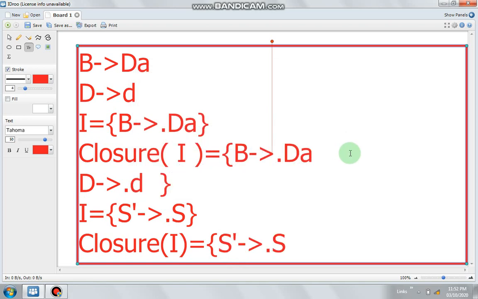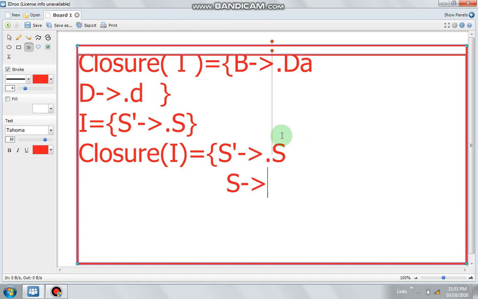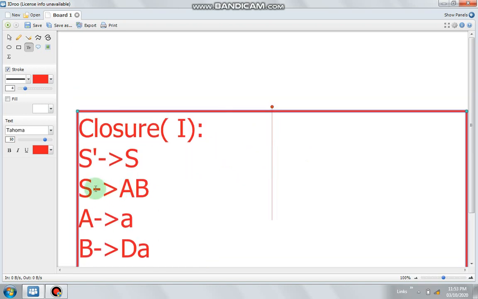Now you can clearly see this is a dot, and after the dot variable S, so include all productions that can be derived by S. So we will write down here the production rules for S. So S now derives, what S is deriving, you can see here, S derives A B.